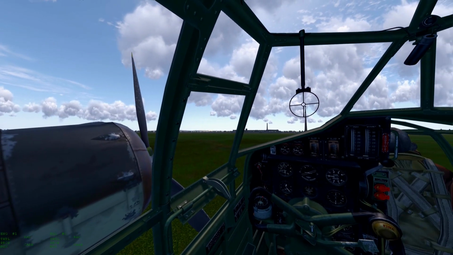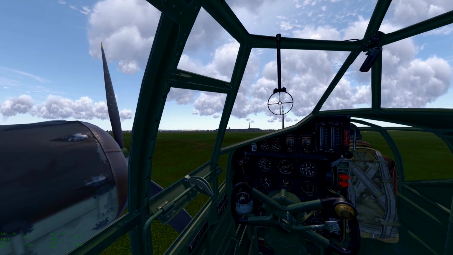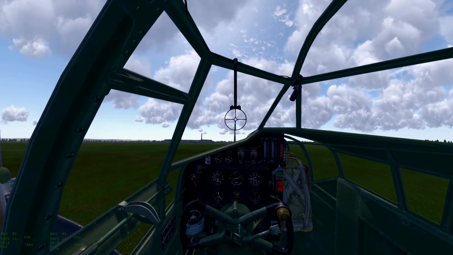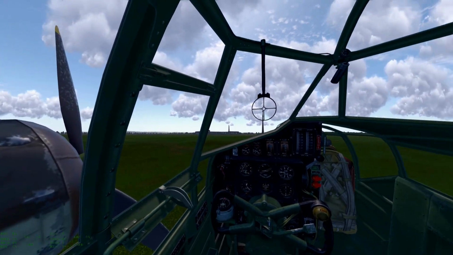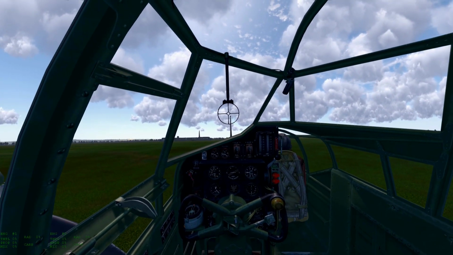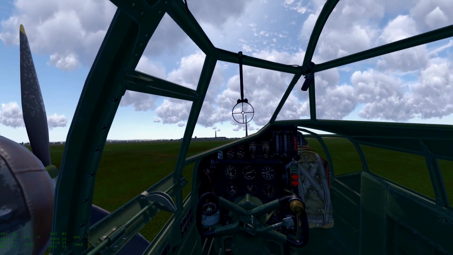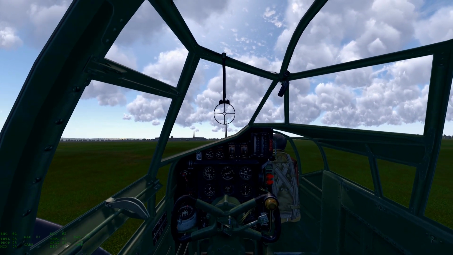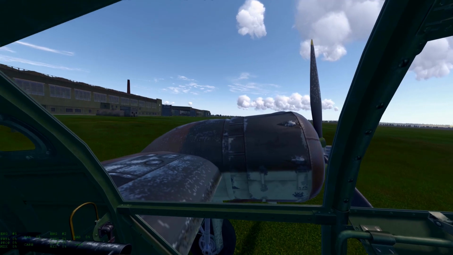Okay, so now it's time for part 2 of this tutorial video, which is the startup and the ground handling. So first thing I'm going to do is just make sure that my propeller pitch and throttle controls are set to 0. I just pulled my throttle and prop back. So I'm sitting here currently at